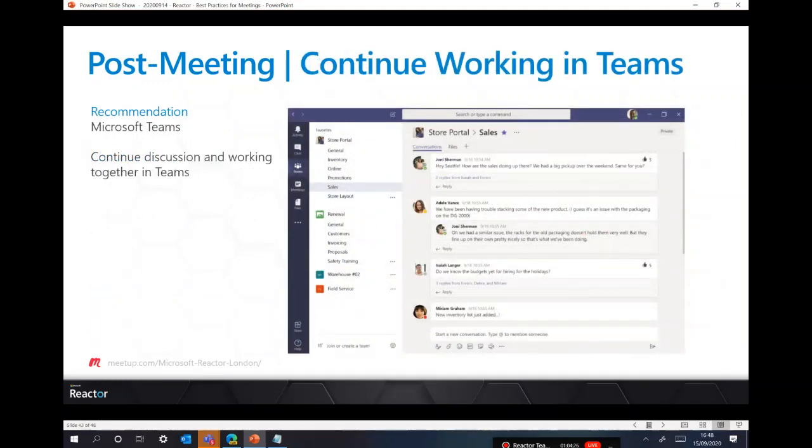After the meeting, continue working in Teams together with follow-ups. Bring all your other apps together in order to support the meeting as you work towards the next one. We want all our meetings to be driven from Teams. We want all our discussions. We want to bring our apps together. Drive people to continue the discussion. Create new channels if you have to, create new teams if you have to, but keep on discussing the